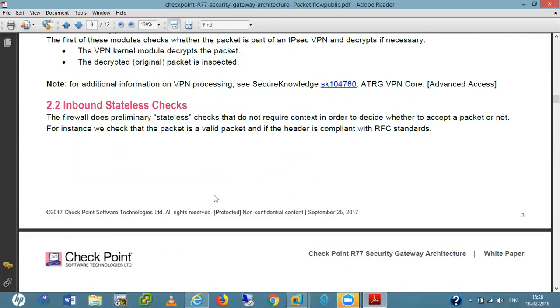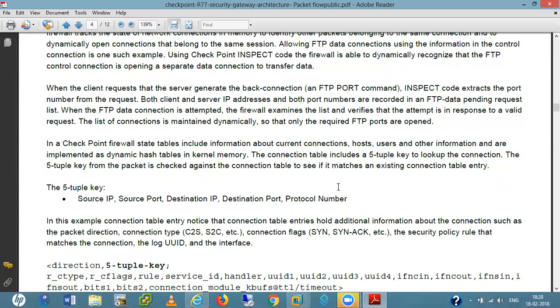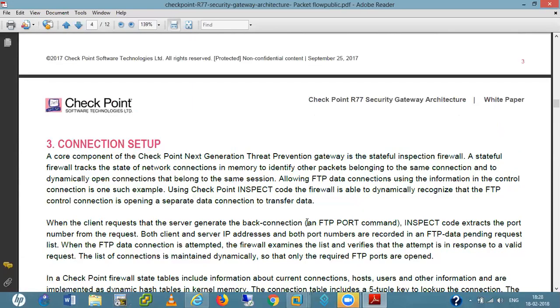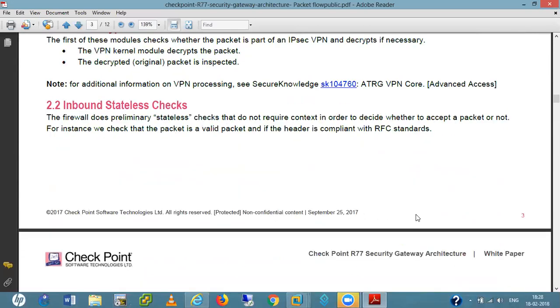Connection setup. In connection setup, we have source IP, source port, destination, and protocol number. On the basis of this information, inbound stateless. The firewall does primarily stateless checks that do not require context in order to decide whether to accept a packet or not. For instance, we check that the packet is a valid packet, if the header is compliant with RFC standards.